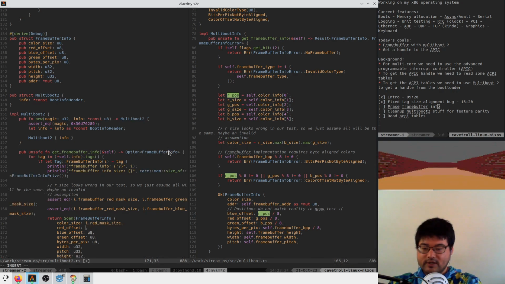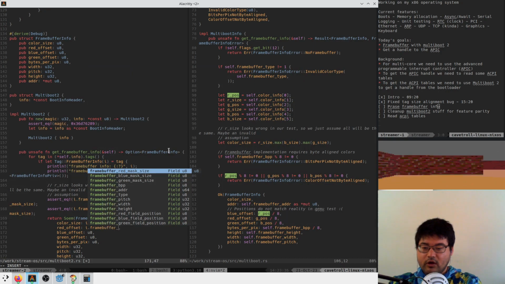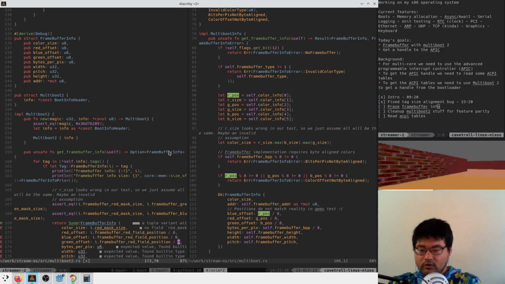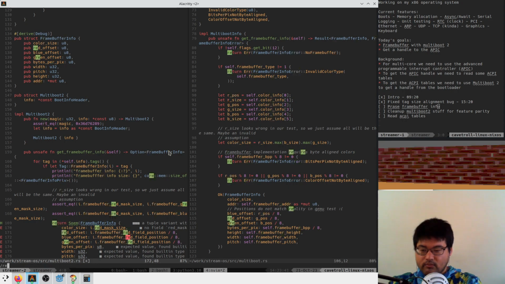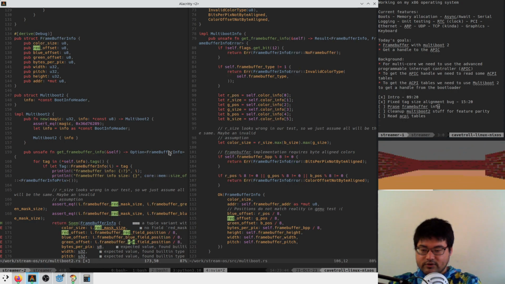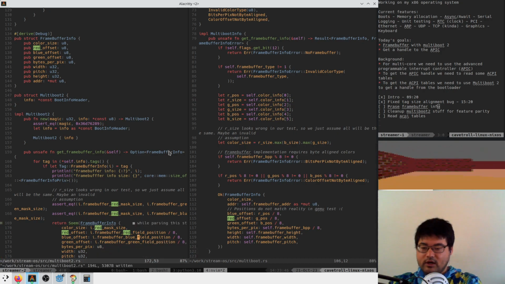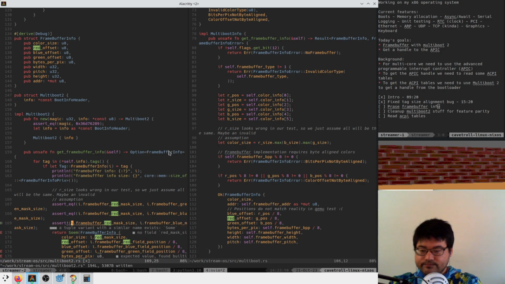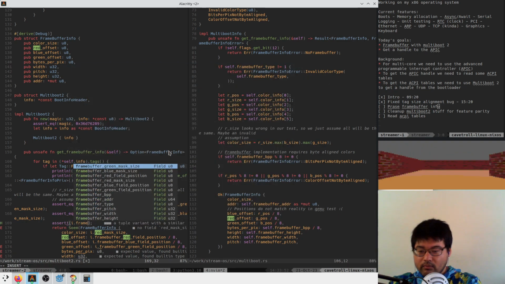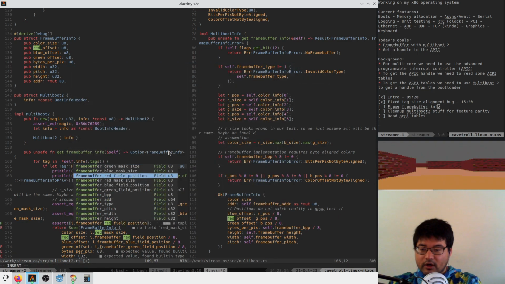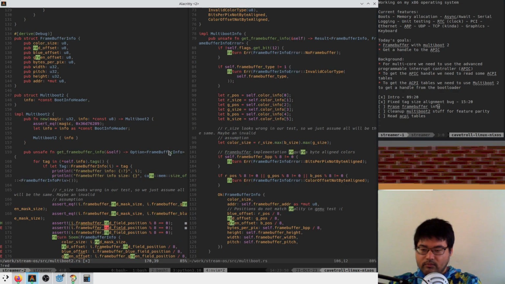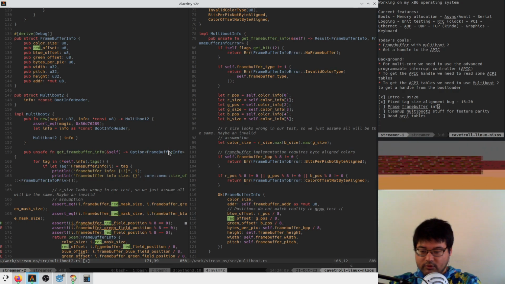So here our red offset is I.framebuffer red field position over 8. This is blue and this is green. And here we need to assert that each of these is mod 8. So here we have red, green, and blue.